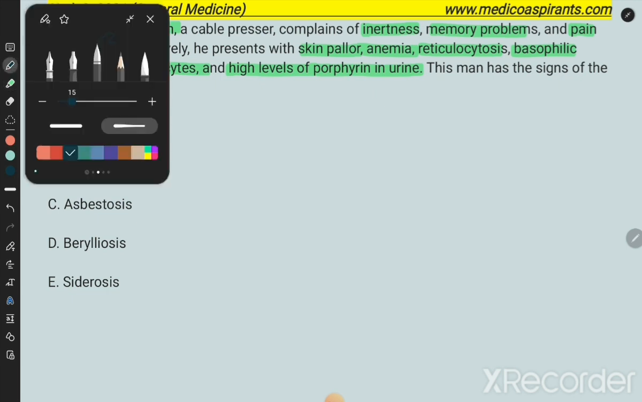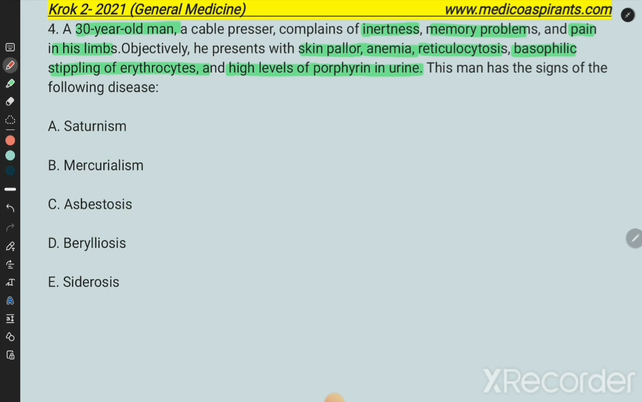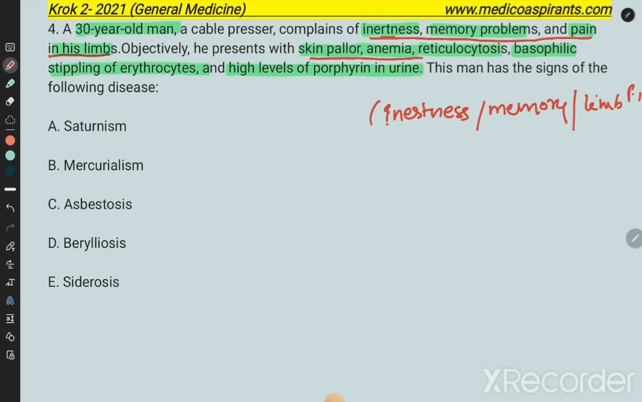So, if you look at the given question, it says that the patient is having something which externally goes inside the body, and there's a complaint of inertness, memory problem, and pain in his limb. Okay, so inertness, and memory problem, and also there is limb pain. These three things, and here anemic symptoms are also very clearly visible. So this is the condition of lead poisoning,